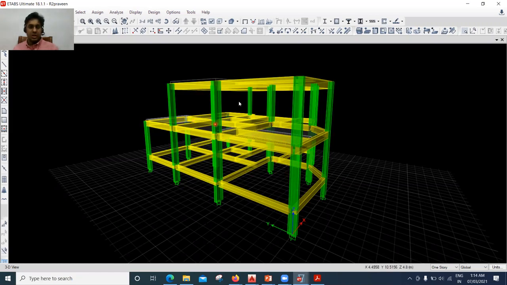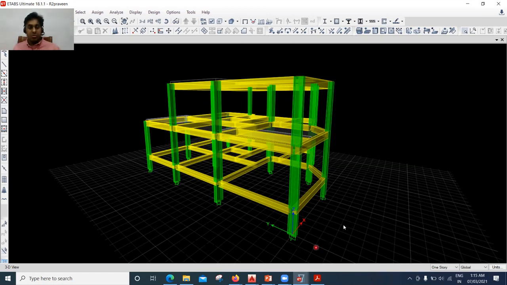Once we do the modeling and the analysis, finally we get the answer. After the analysis, we say that for this particular building, I want to provide 230 by 450 sizes of the beam, 300 by 450 dimensions of the column. The size of the footing has to be 2 meter by 3 meter. The depth of the footing has to be 300 mm. This much steel has to be provided. All those things we are going to prepare, and once we prepare that, we are going to release the drawings